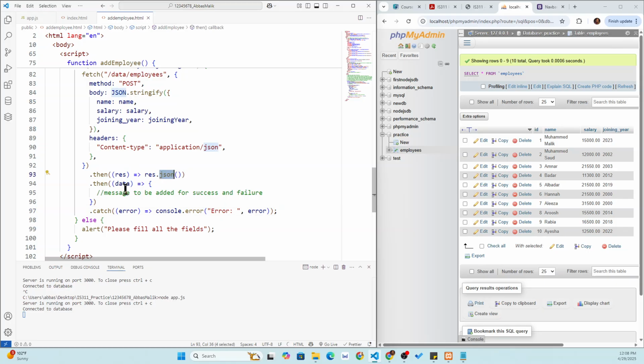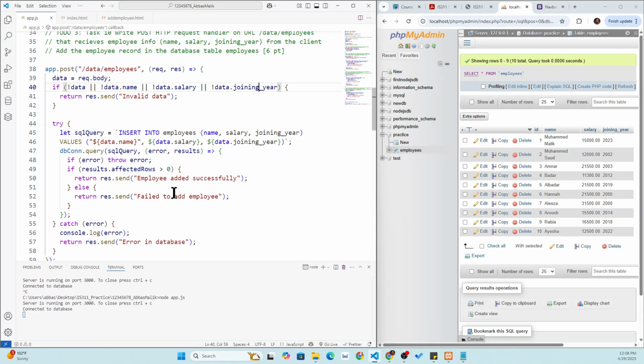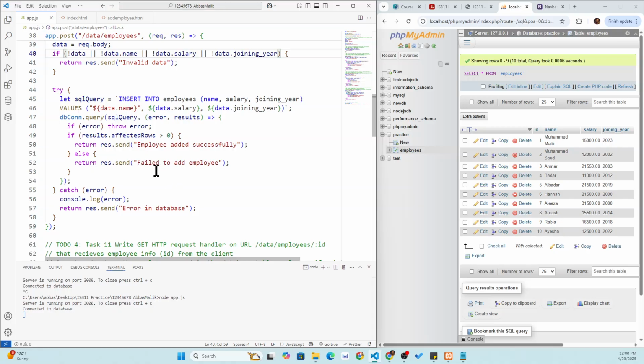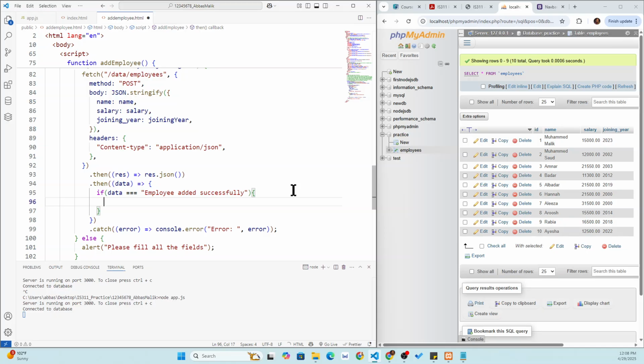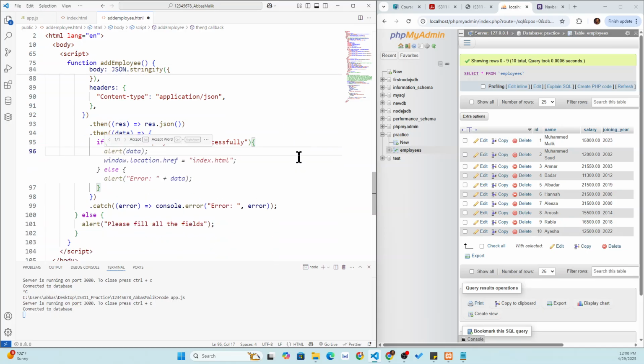Now we are reading the data, and now here we need to handle the responses. So what are the different types of response which are coming in? We can say that if there's an error, so if the response is something like the error in the database, or if the response is something like this. So let me write it down, copy it from here, and then I say the if data, or actually it is a response, is triple equal to this,